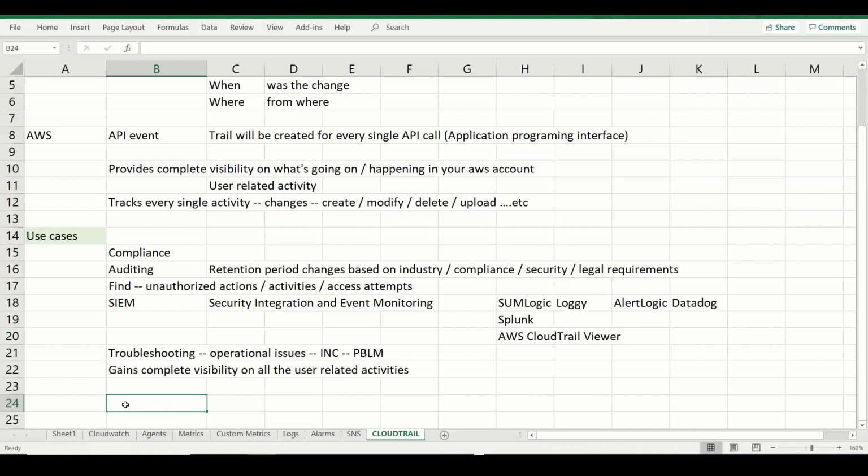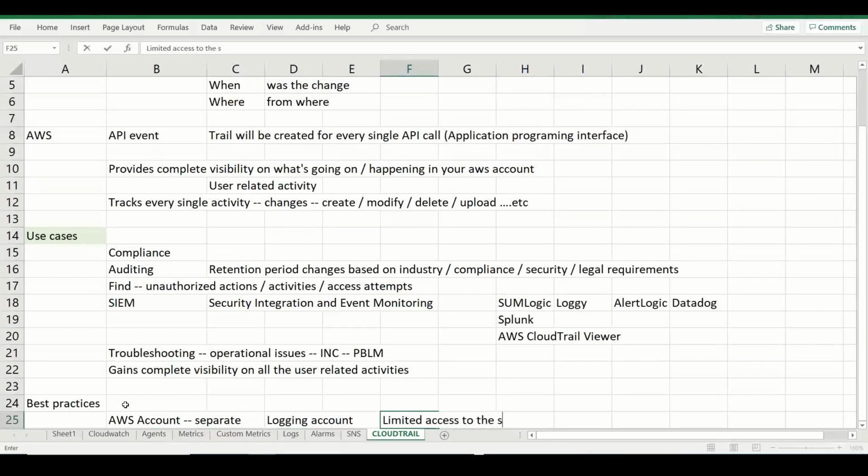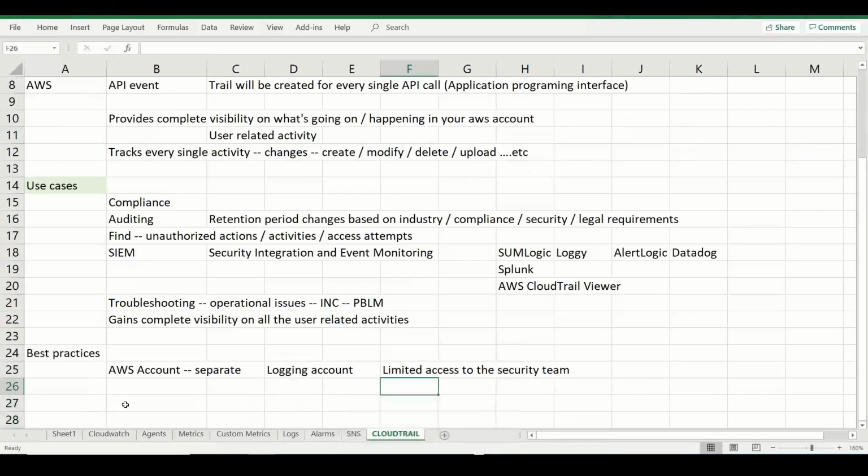So as a best practice, most organizations have a separate AWS logging account, and this will have limited access, restricted to the security team or the team intended for auditing and so on. So generally we'll have a separate AWS logging account where we'll have a centralized log accumulation, and you can also configure the logs for